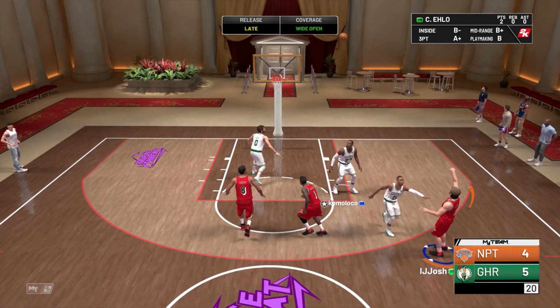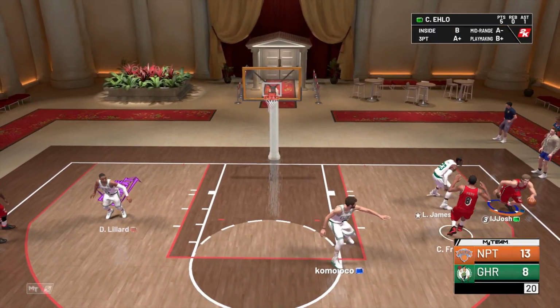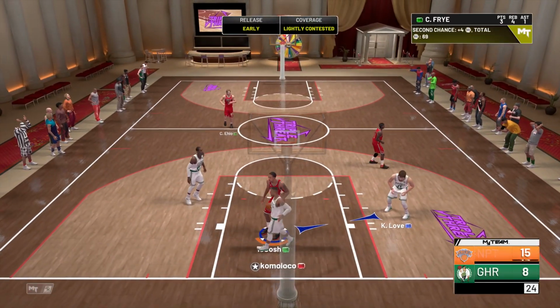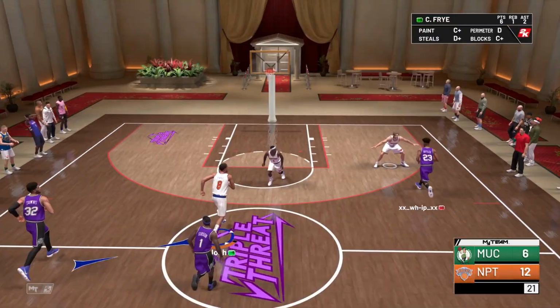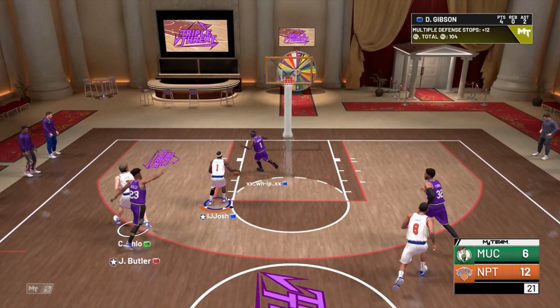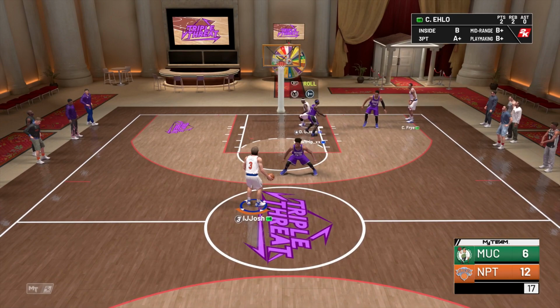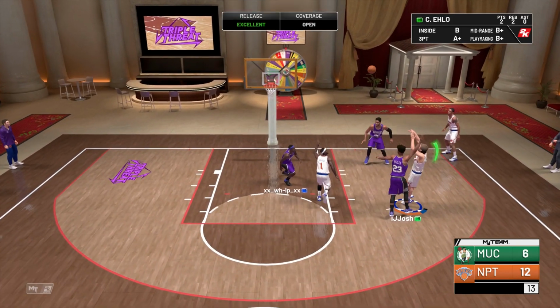You could have Ehlo coming off the bench, scoring some points. If he's in Triple Threat, he's probably one of your main scorers. That's what I use him for. When I run him in Triple Threat, he's one of 3 scorers. In Triple Threat, I try to have 3 three-point shooters, just because 3-point shooters are insane in Triple Threat. They just drop a lot, and it's where Ehlo really shines. If you're using him in the